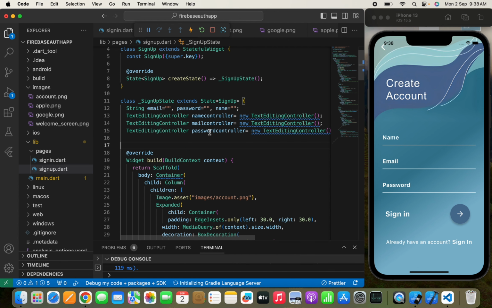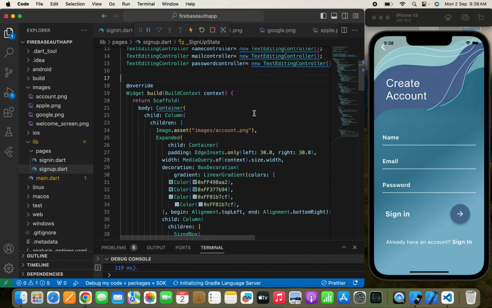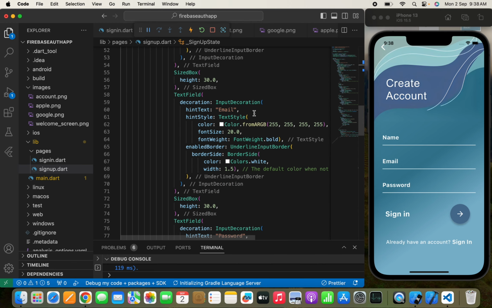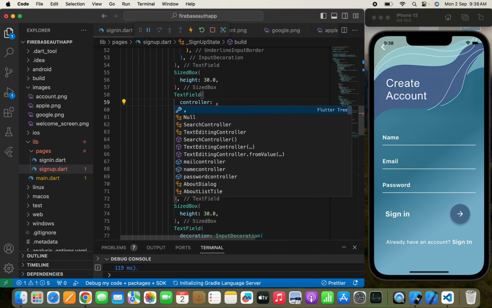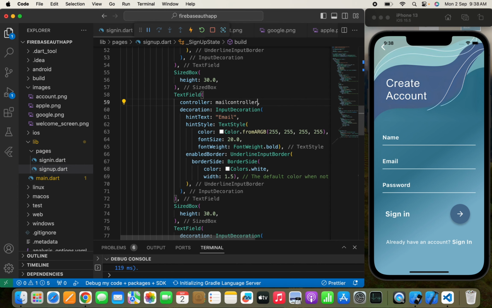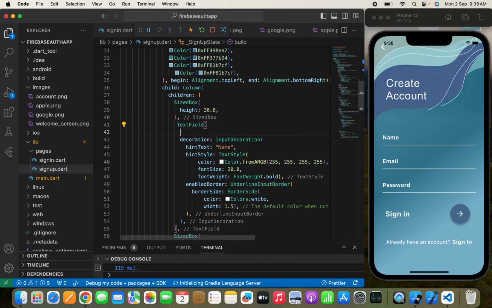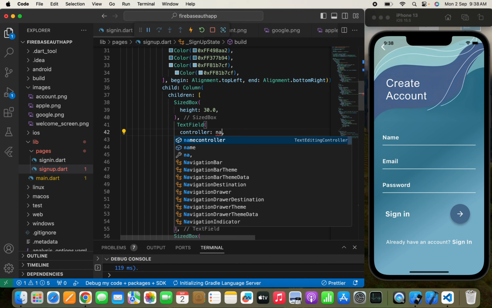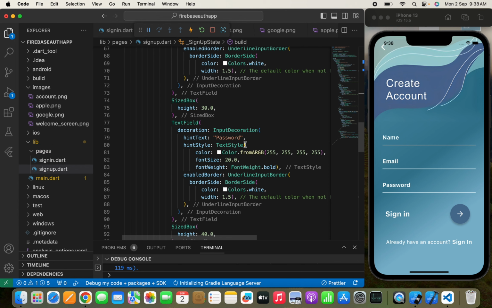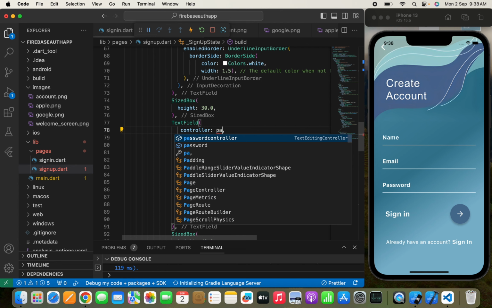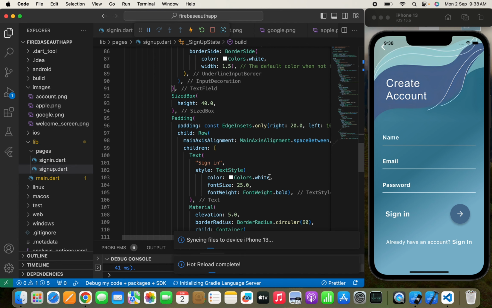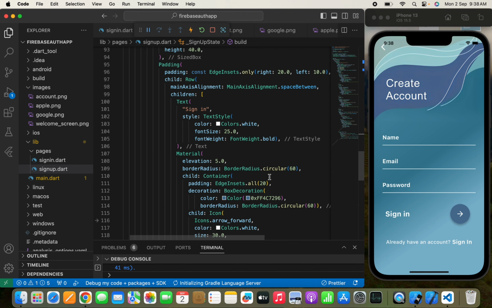Now after writing these controllers, I need to pass them to the respective text fields to handle the text. So I will simply pass a controller. This one is email, so I will write email controller. The top one is name, so the controller will be name controller, and third will be the password controller. So after this I need to